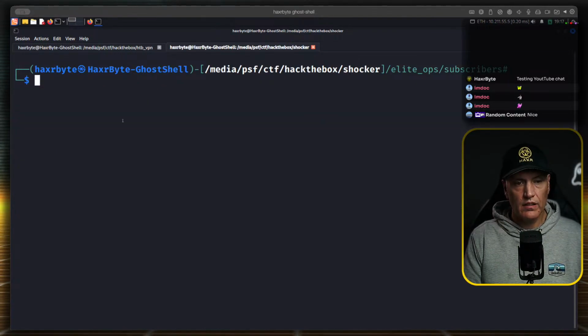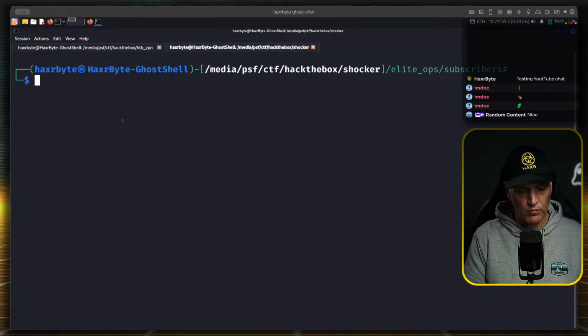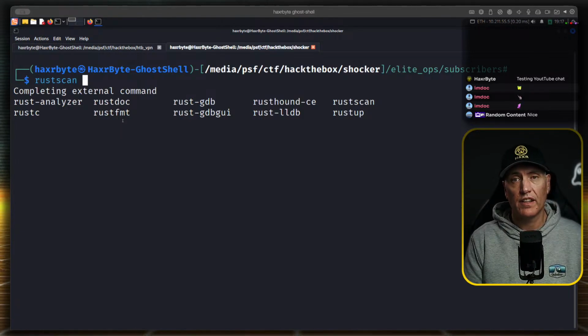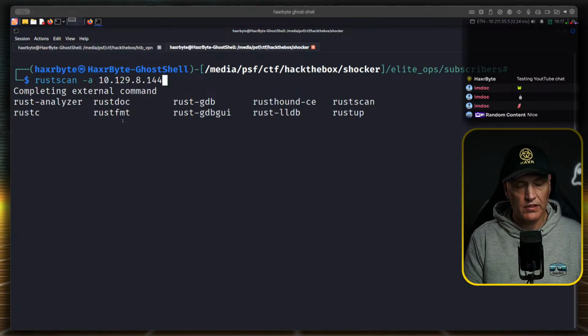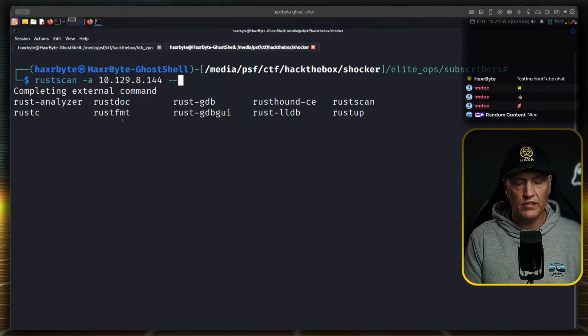Let's run a port scan against the box. I normally like to use rustscan because it's fast and it can scan all 65,000 plus ports in seconds. Let's use the IP address. Rustscan will look for open ports, and once it finds an open port, you use these dashes and it pipes it over to Nmap.